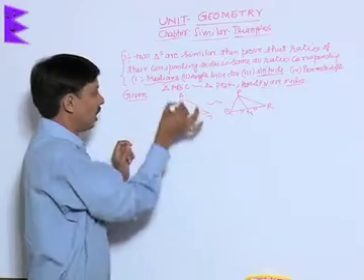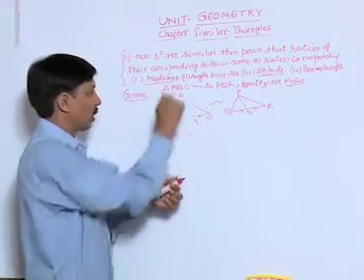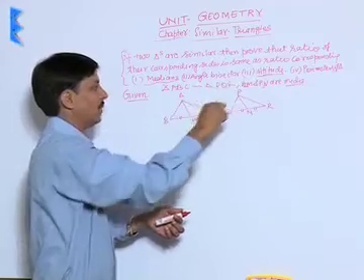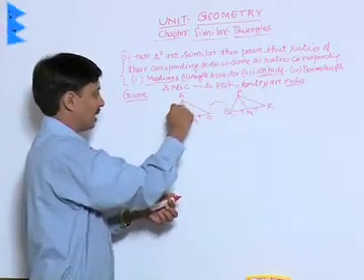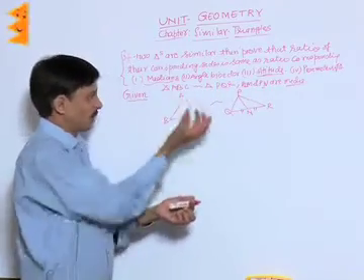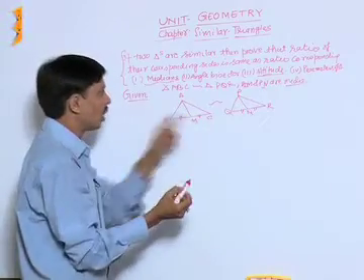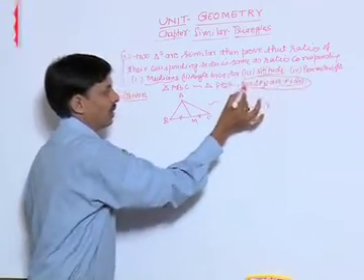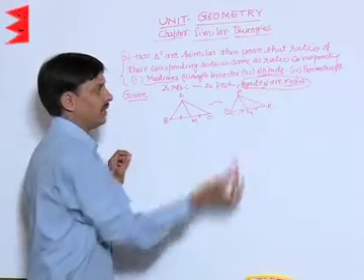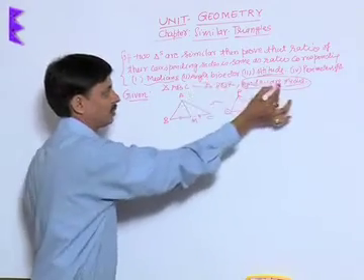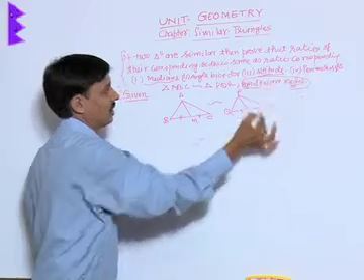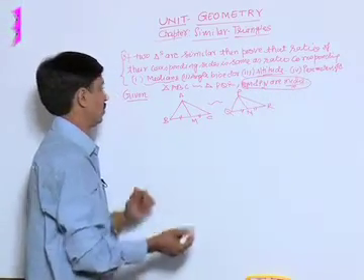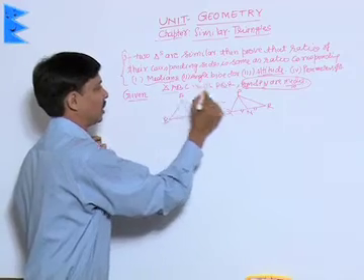And similarly, we will change. If we are going to plot an altitude, then we will draw the line which makes a 90-degree angle with the base. And if it is an angle bisector, then we will draw it so that the angle is actually bisected. So accordingly we will change this part of the given: in case of medians, AM and PN are medians; in case of angle bisectors, AM and PN are angle bisectors; in case of altitudes, AM and PN are altitudes. So this is the given, this is the common.